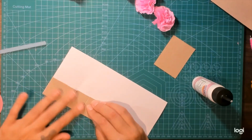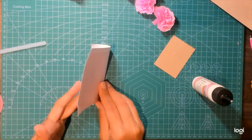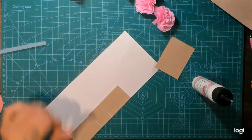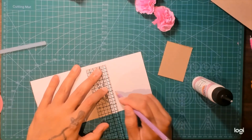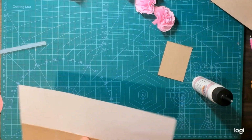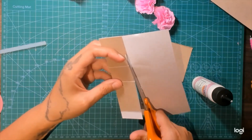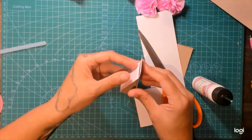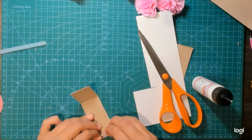Just make sure your chipboard pieces have a slight gap so you can lift your paper and make a triangle. You also want to leave about a 1/2 inch above your chipboard or whatever you're using. Okay, so I'm going to cut mine there. Scissors, and then I am cutting right up against my chipboard because I don't want to wrap it or anything like that. Then all you're going to do is place it like a triangle. See how it's a triangle? And use this little flap to hold it as a triangle. That is it. That is how you make a stand